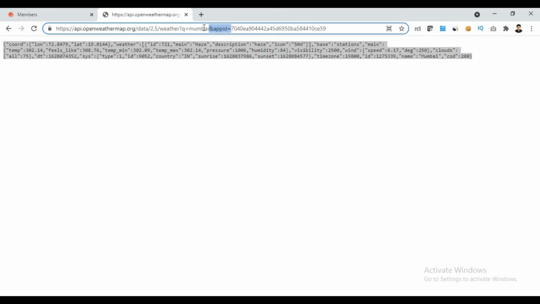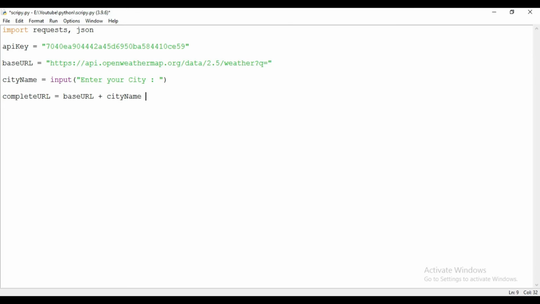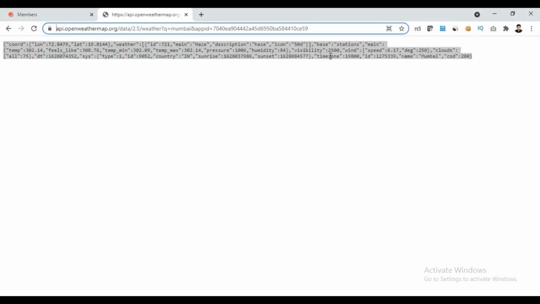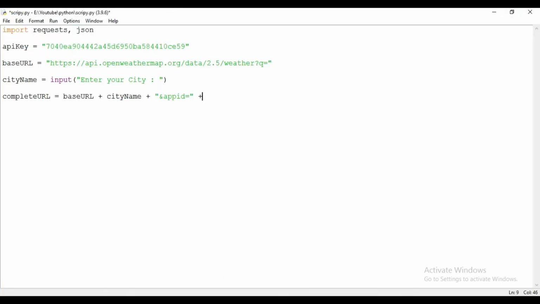So copy this also and append in this. After this we need our API key. So for this, this will make our complete URL. Now we will use this URL to get the response. Now this will be our response object.